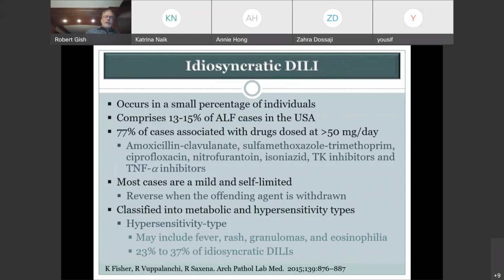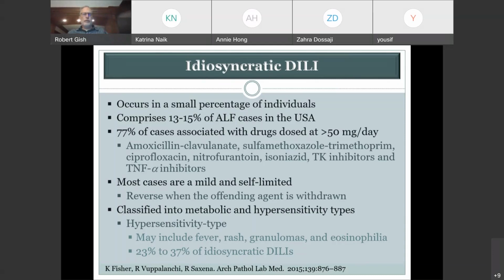It does list some other important drugs like Septra, tyrosine kinase inhibitors such as sorafenib, regorafenib, cabozantinib, lenvatinib, not ramucirumab, leaving one other one off, but there's a whole family of TKI inhibitors that can cause liver toxicity in an unpredictable way. TNF inhibitors also can cause liver toxicity, although we think this is quite rare, well, say with etanercept